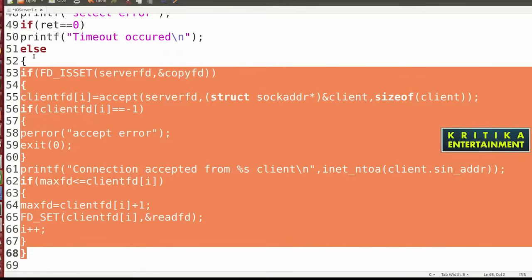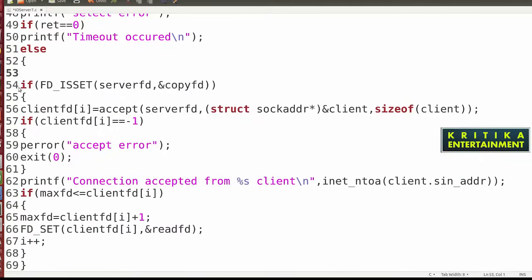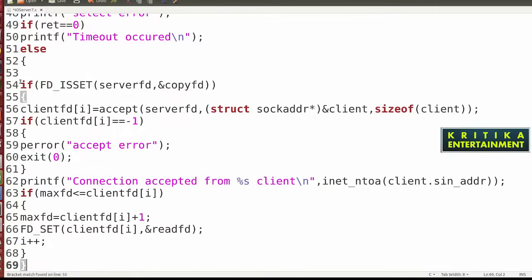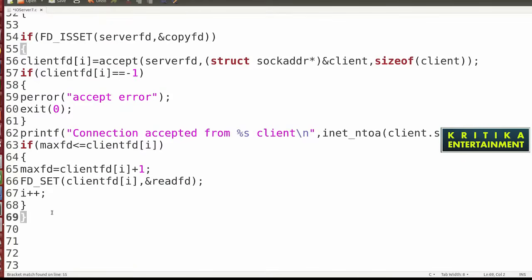So in else, okay, these are closed, these codes are used for connection, but this is the communication. Then I will write the data communication part. What to write here? Now for, j is equal to 0, j less than the number of clients connected here, we can track it by using i. So here write i, then j plus plus.